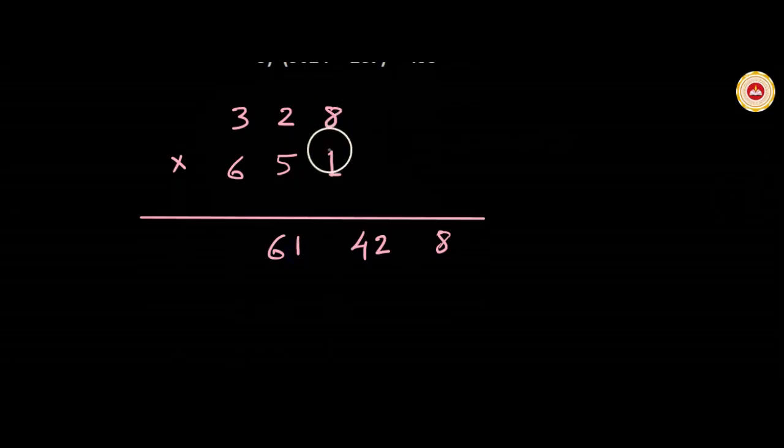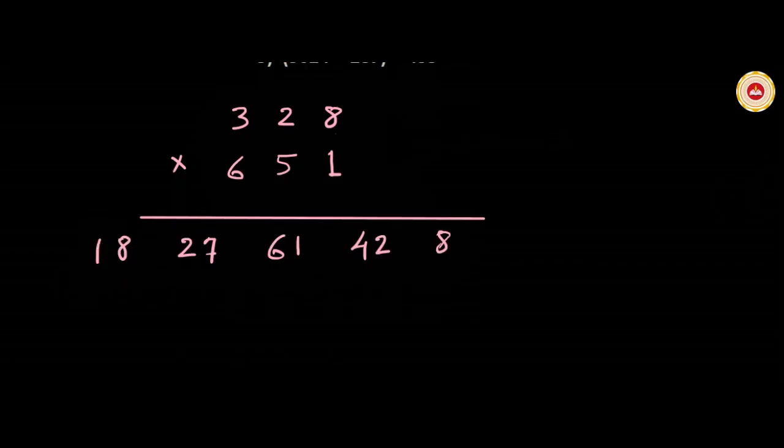Now exclusion phase, exclude first column and consider the last 2 columns. Multiplying the digits in these 2 columns crosswise, 5 3s are 15, 6 2s are 12, 15 plus 12, 27. Now exclude second column, consider third column, 6 3s are 18. So friends, we have calculated the answer of this product in 5 parts, 1, 2, 3, 4, 5.